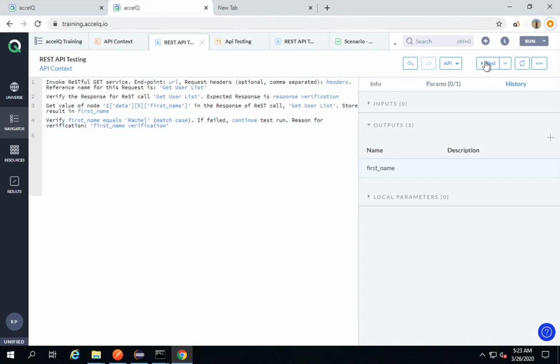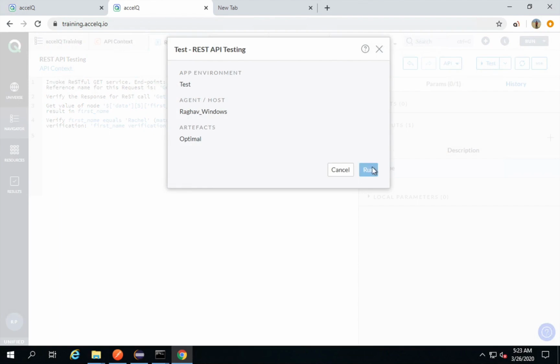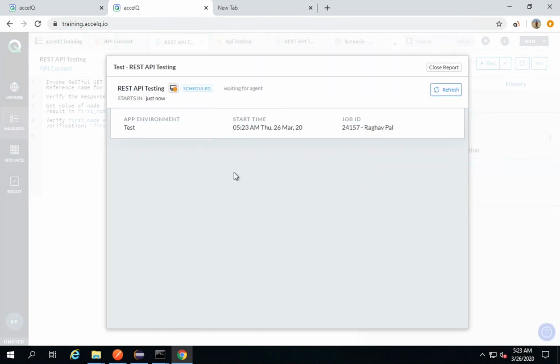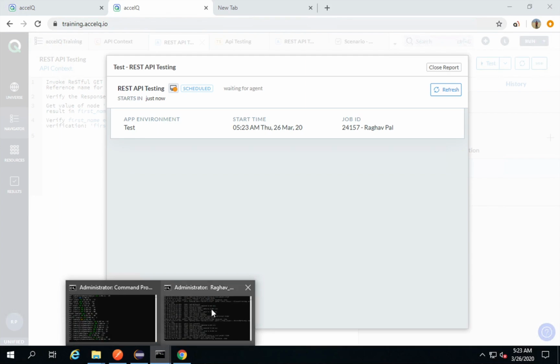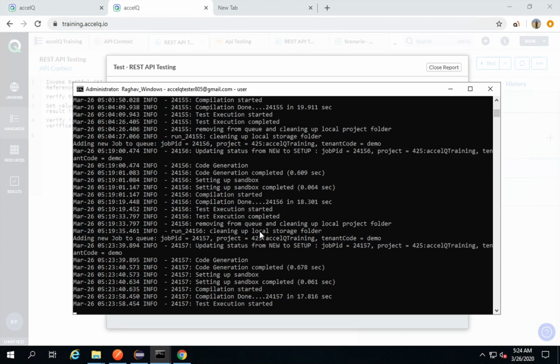I will now test this and check. So I will run this, and this should be running on my local agent. So here it is on the compilation step. Now this we can also use for chaining. Now I have got the value into the parameter first name. I can also use it into any subsequent API request, and that is exactly what I'm going to show you in the next part. So let me just complete this and I will show you how to chain our API